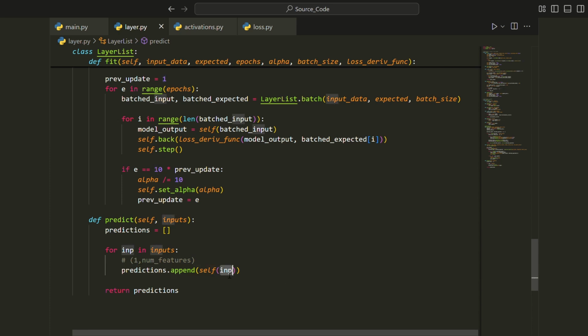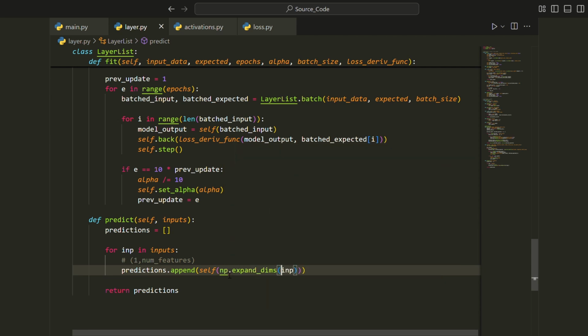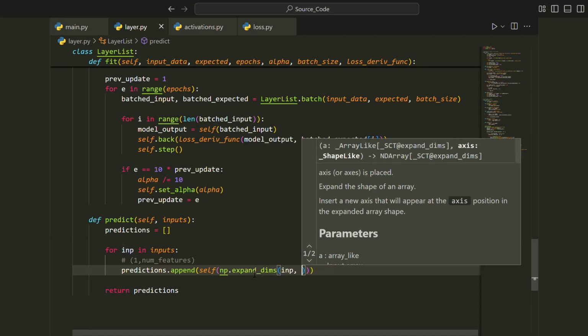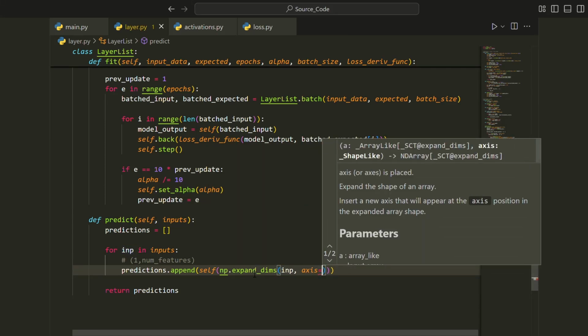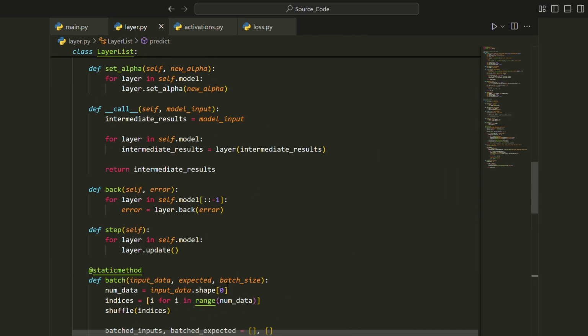To resolve that, we're going to use this function called expand dims. And the expand dims takes a numpy array and the dimension in which to expand the array. Here, the axis would be 0 because it's the first dimension that we want to increase. And that is it. That is the entire layer list class and layer class in this file,